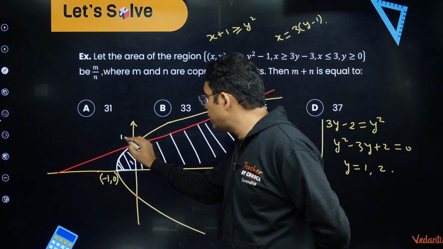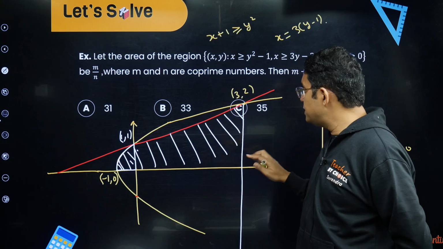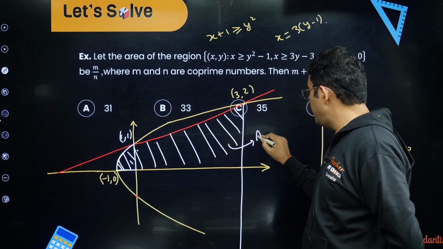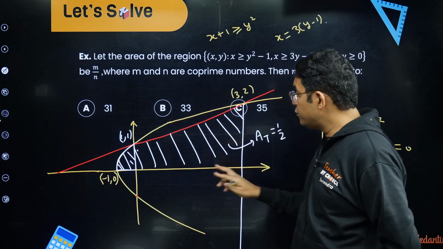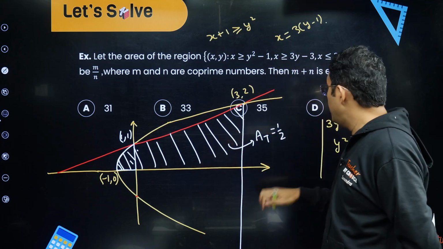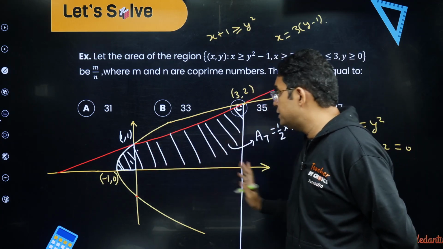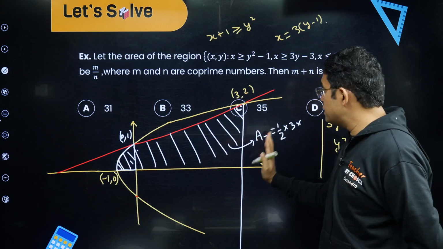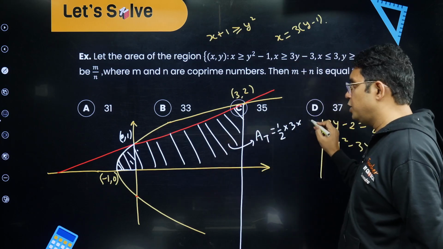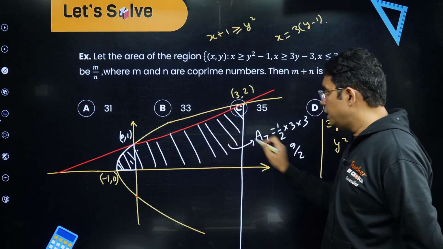This point is I think (1, 1). This is (3, 2). So let me find this trapezium area first, area of trapezium. It will be 1/2 into the sum of parallel sides, that is 1 here and 2 here, so it is 3, into the distance between the two parallel sides. Actually this is (0, 1), dear student, (0, 1). So the distance between the two parallel sides is I think 3, yeah 3. So that will be equal to 9 by 2. So this area is 9 by 2.